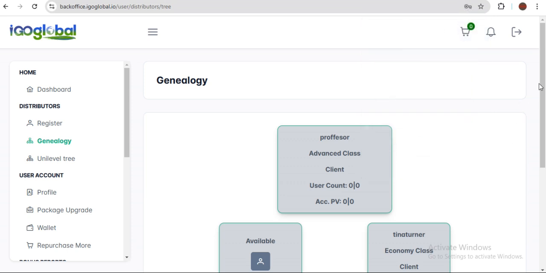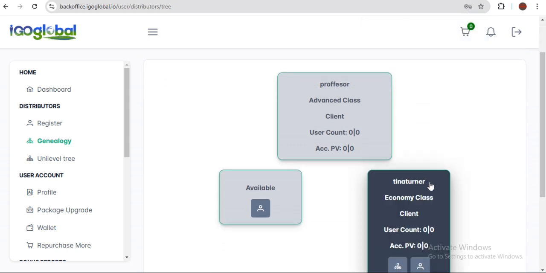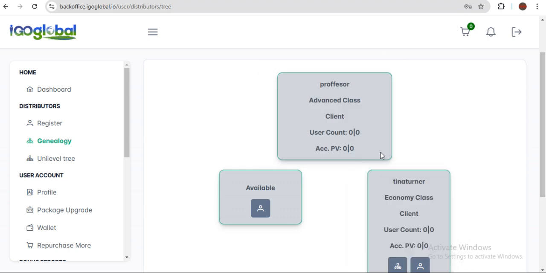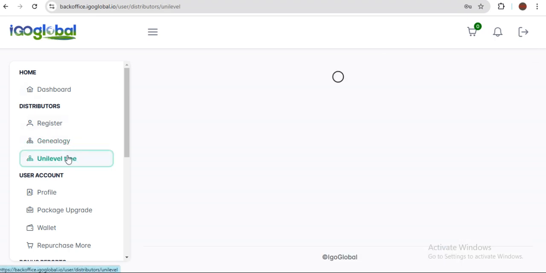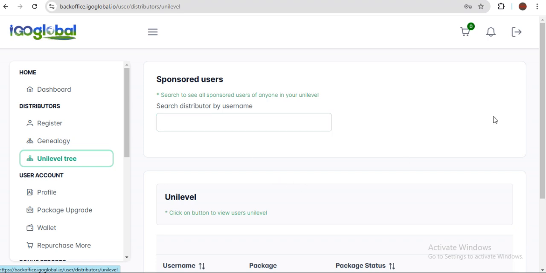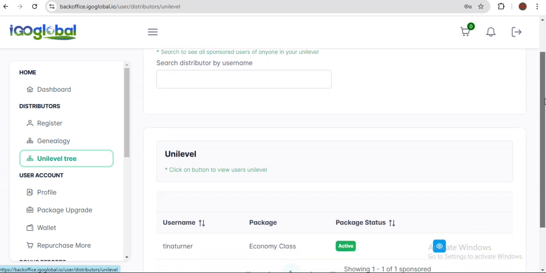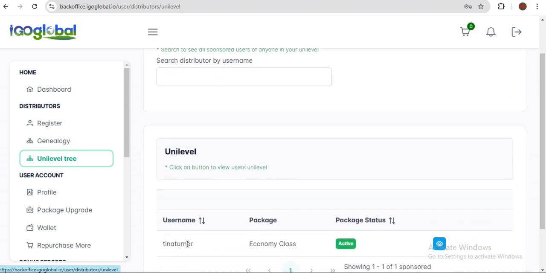Now we can see on the placement tree, we now have Tina Turner under professor to the right. Now if I go to the unilevel tree, it is basically your sponsors. So it shows me who I have directly sponsored. Now I directly sponsored Tina Turner, which is why I can